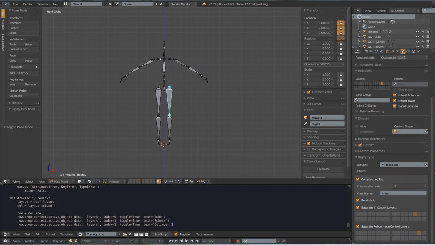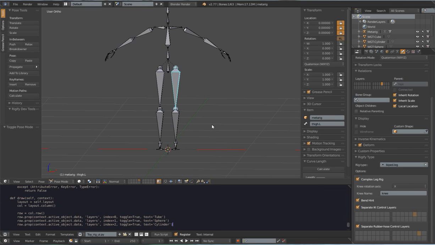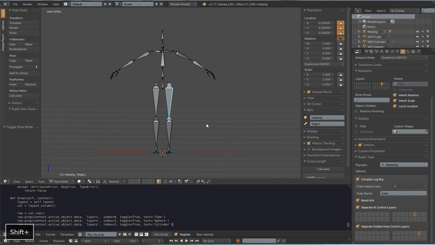Come down, and you can see that the rig type is biped leg, and then we've got a lot of different options here. It's basically telling us where the controls are and which layer and things like that, setting all that stuff up, which axis the knee is going to rotate around, and I'm not going to go through all of these things for every different rig type, but I just want to show what the human meta rig is, and that's basically just a set of bones that are